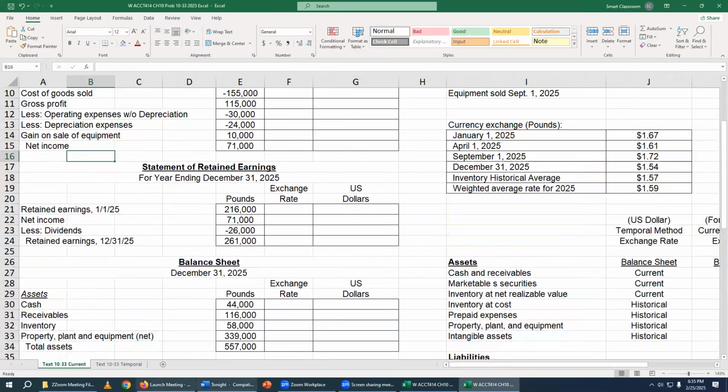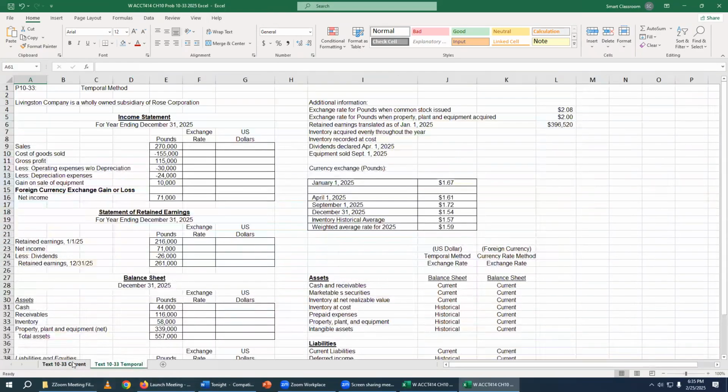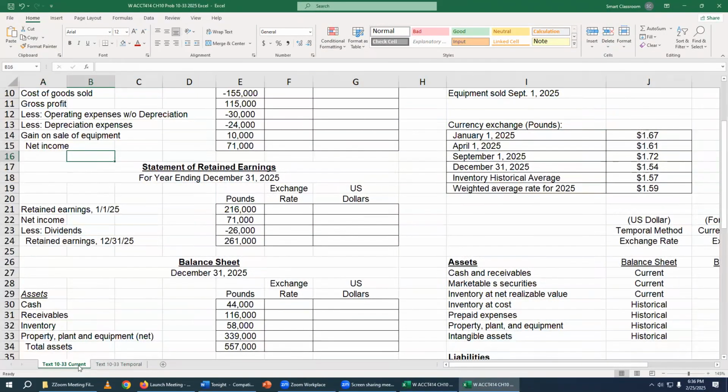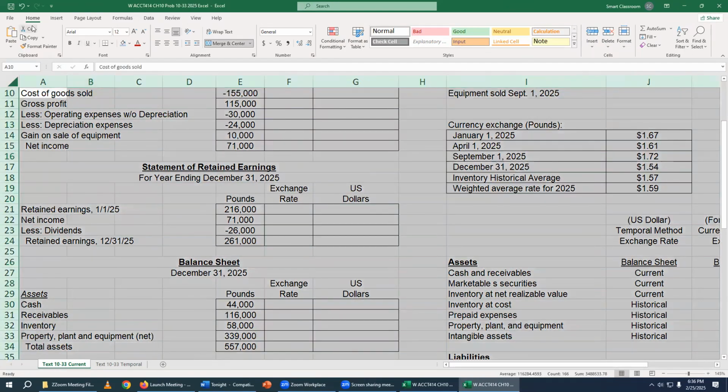You're probably thinking, well, that's probably gonna be messed up. So, in the book, they showed the current method, but I want to do both the current and the temporal method. Just so you know, in the CPA exam, you never know what they're gonna do. They could have either one. The current method